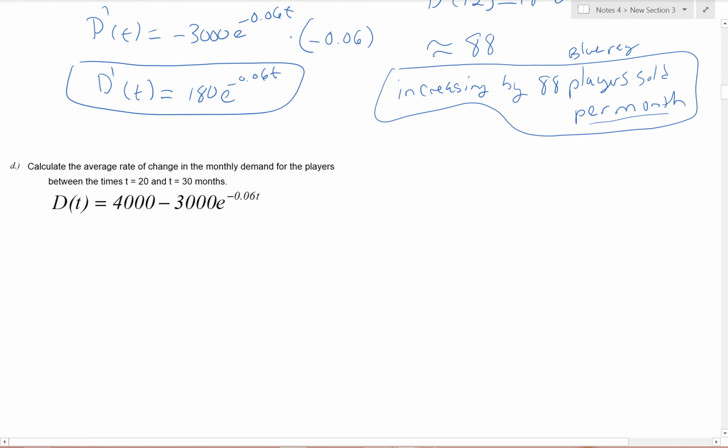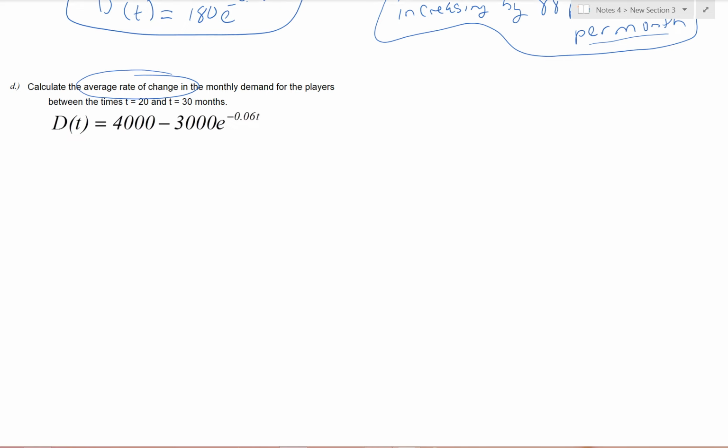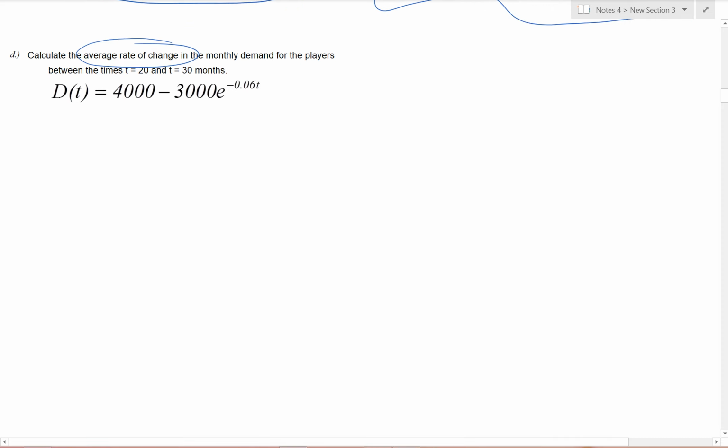All right, the last one for this particular application is asking us to calculate the average rate of change. So average rate of change we haven't talked about in a while. All right, average rate of change was something we talked about well at the beginning of the semester. But a lot of times this is where we like to ask on tests and the final for average rate of change. All right, so remember, average rate of change has nothing to do with the derivative function. All right, now the derivative is used, we take the limit of the average rate of change to find the derivative, but the average rate of change